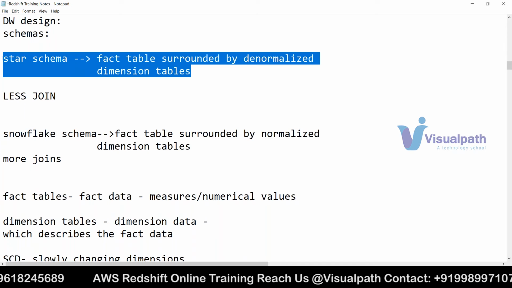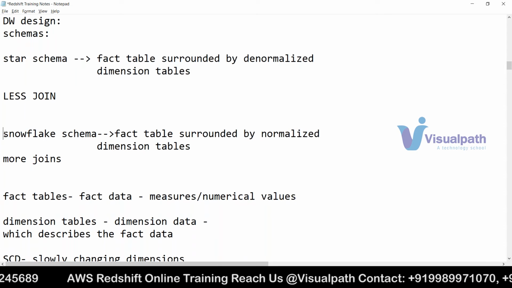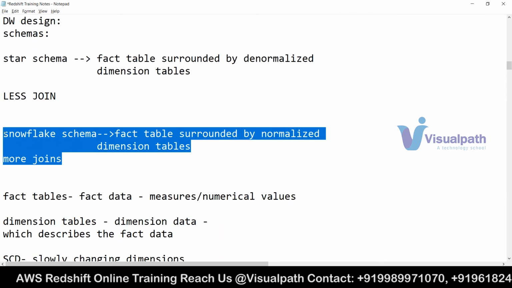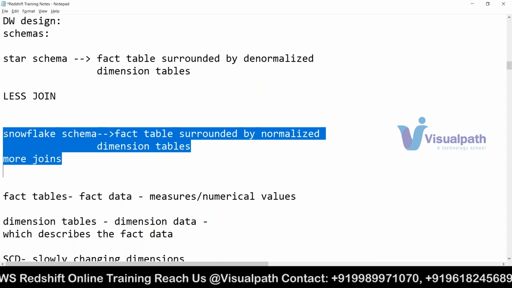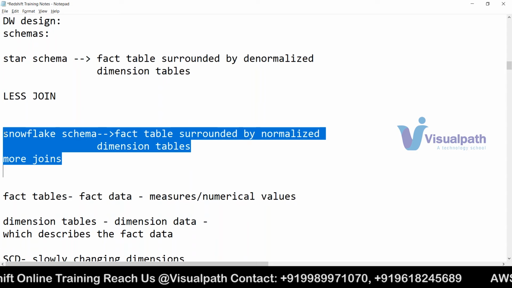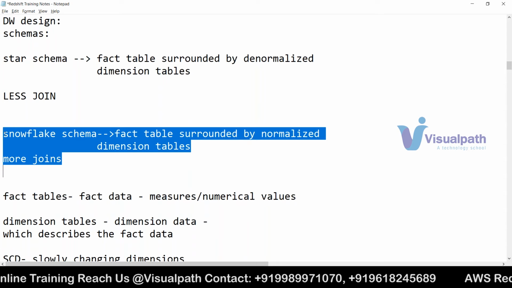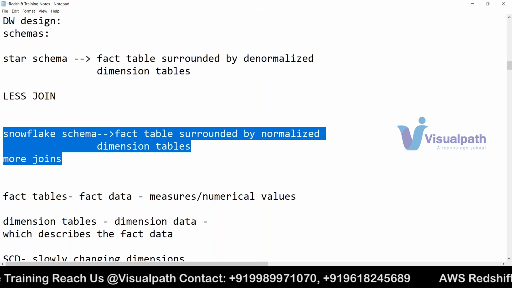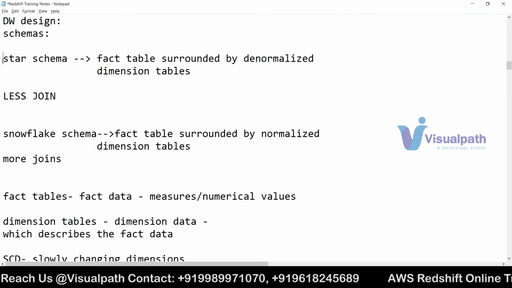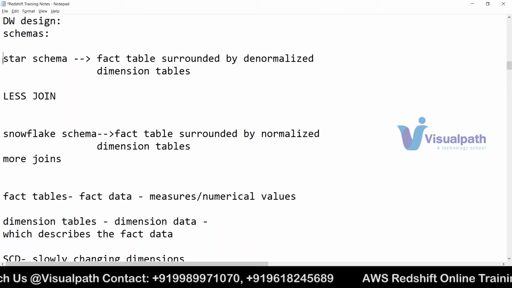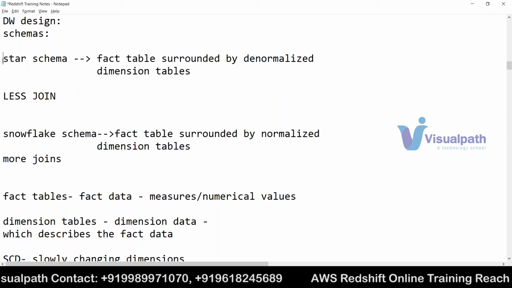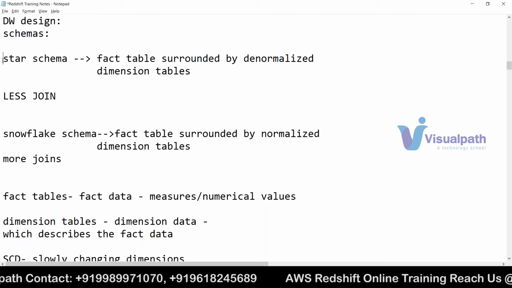Especially in small enterprises, where they think storage is a little concern and joins are fine, no problem. Anyway, they are small enterprises, so they hardly have much data. Even if they do, it may be a few hundred gigabytes or some terabytes. So with Snowflake schema, joins are fine for us, and storage is a little concern. So we have to see, because enterprises select based on their data and the nature of their business. If storage is not a concern, they'll go with star schema, and if storage is a bit of a concern, they'll go with Snowflake.